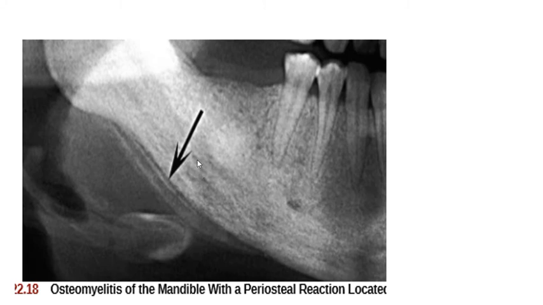This condition is referred to as proliferative periostitis, because of multiple new bone layer formation under the original bone. So, this kind of change